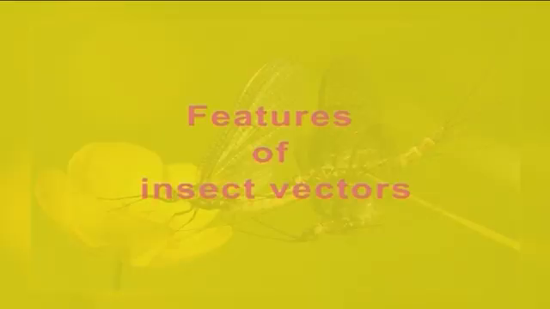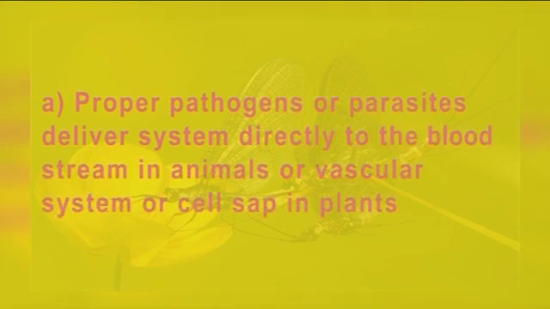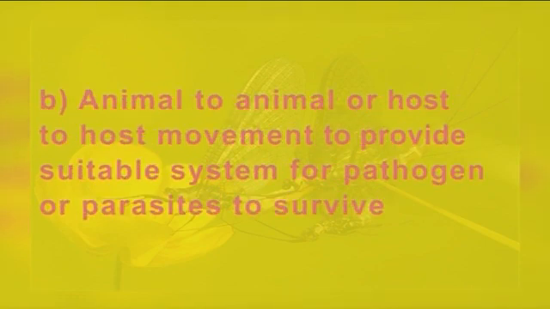Any insect species, if it wants to act as a vector, should have the following essentials to spread infections among animals including human beings and plants. They are a proper pathogen or parasite delivery system, for example modified mouthparts, directly to the bloodstream in animals or vascular system or cell sap in plants, animal to animal or host to host movement to provide a suitable system for pathogen or